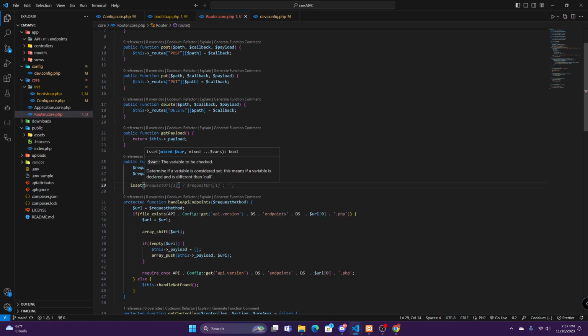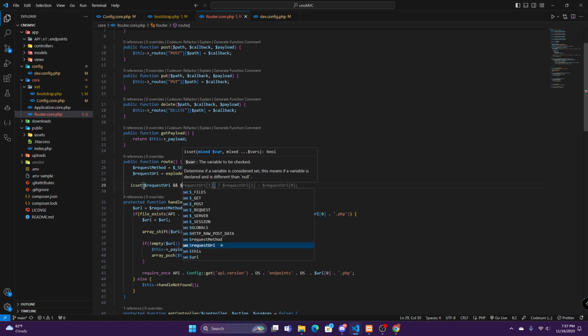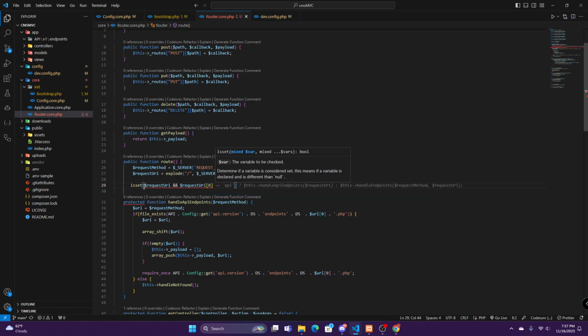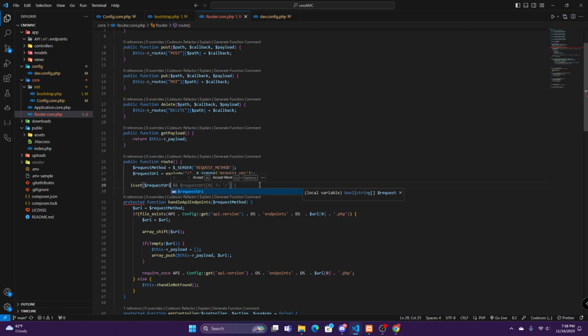Isset, and then request URI, and then we'll say that $sign request URI 0, if that's equal to an empty string. Then we'll use this ternary operator, which actually I apparently put in the isset, so let me just remove that out of the